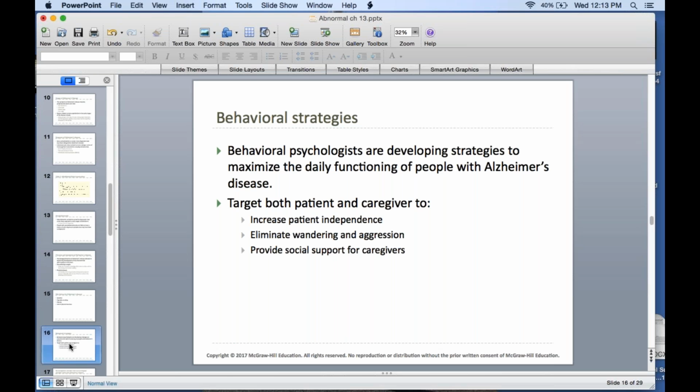Really providing, like I said, social support for caregivers is essential also. One of these things with people with Alzheimer's, if you're someone who is a caregiver, someone with Alzheimer's doesn't need to be told that they're wrong continuously. Okay?